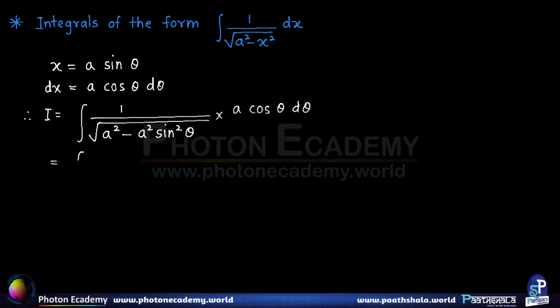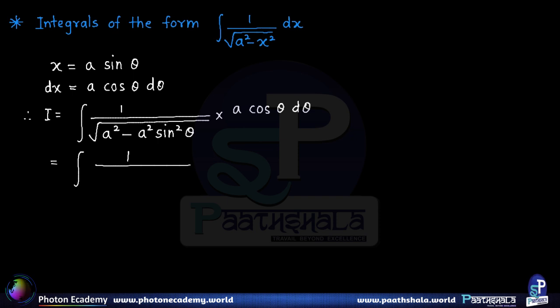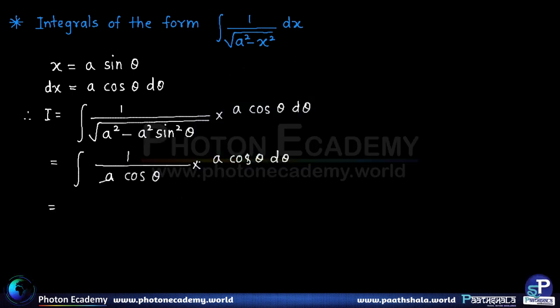That is equal to integral of 1 upon. Now inside the square root, taking a square common, we have 1 minus sine square theta, which is cos square theta. So therefore square root of a square cos square theta is a cos theta multiplied with, we already have a cos theta in the numerator. So therefore everything gets cancelled and we are left with just d theta. So that is nothing but theta plus c,